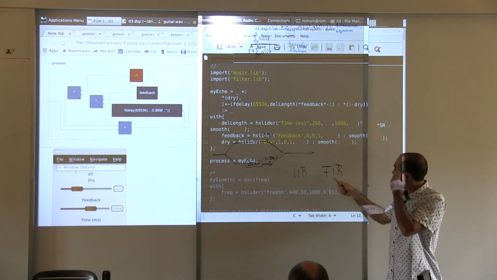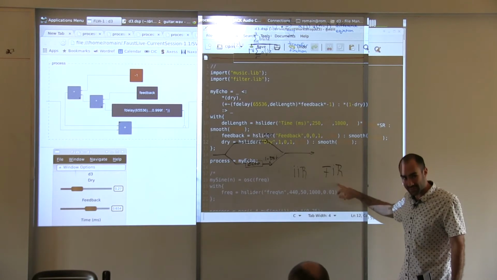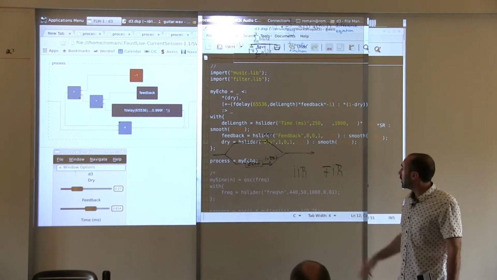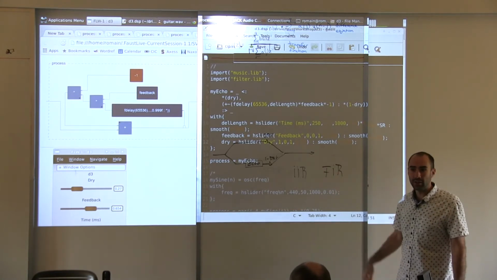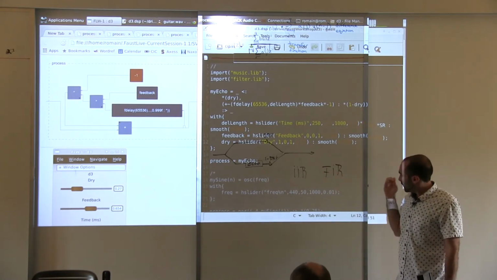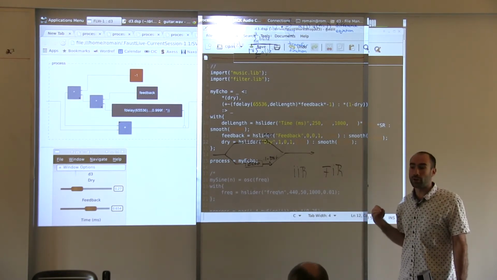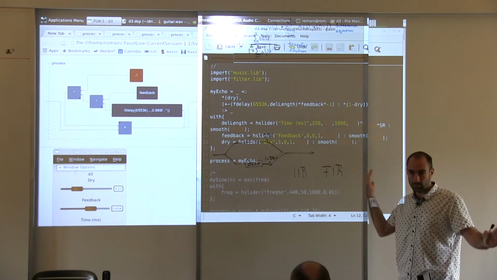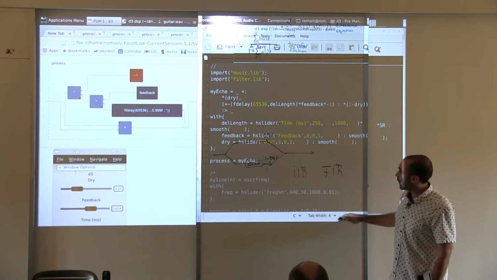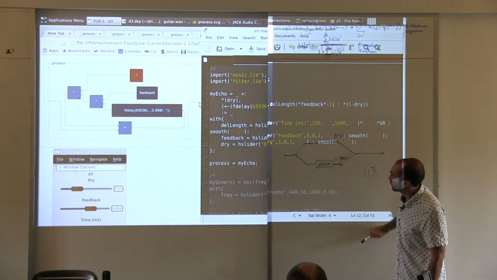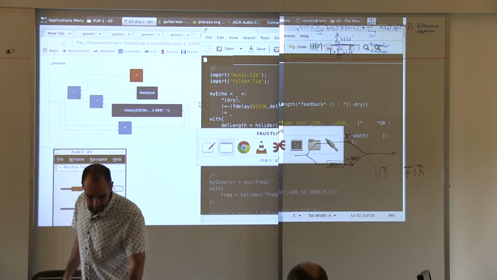So FIR stands for finite impulse response. And the reason why a feed-forward filter is an FIR filter is because if I send a sound in this filter, after a very short amount of time, the sound disappears and is not in the filter anymore, right? Well, with this algorithm that I have here, which is my echo algorithm, that I can also consider as a filter,